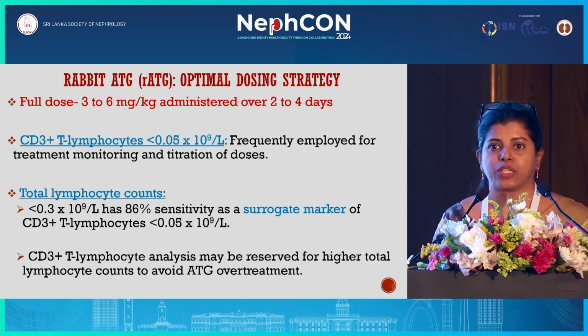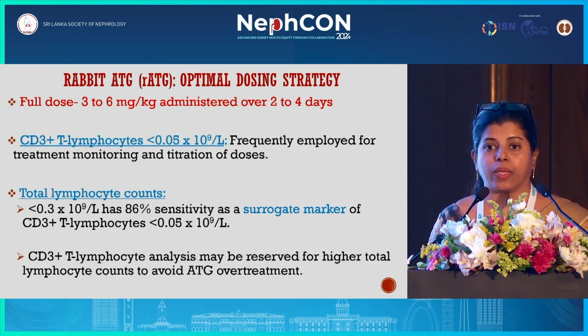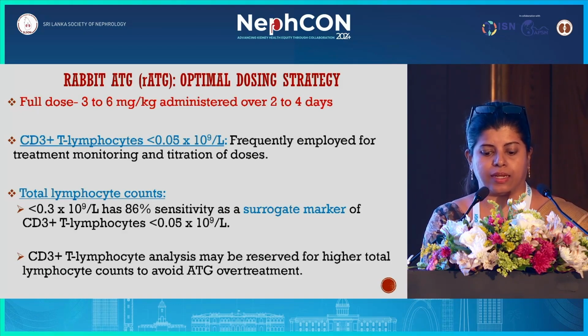One of the strategies is to monitor CD3 T lymphocytes, and if that is less than 0.05, then it will help us to titrate the doses downwards. The other surrogate for monitoring CD3 T lymphocytes is total lymphocyte count, and this is especially useful when there is lymphopenia, that is, the total lymphocyte count is less than 0.3. But in cases where there's no lymphopenia, it is wiser to monitor CD3 T lymphocytes to titrate the doses